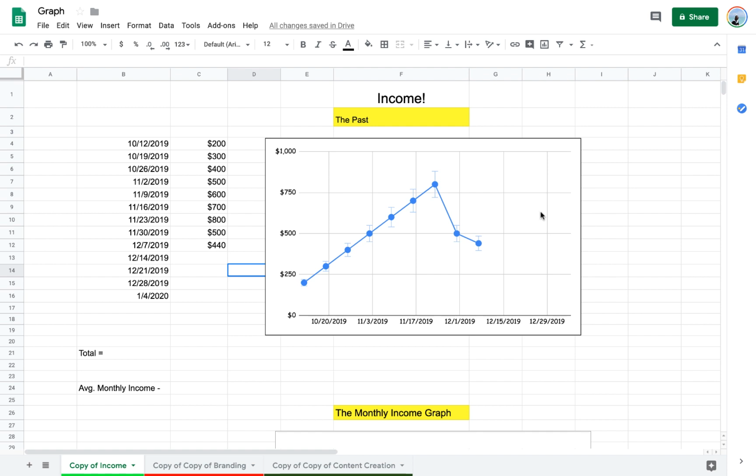Let's say you go from $1,000 to $970. Now, a lot of people are like, oh, you know what? That's okay. That's not that big of a deal. But with a graph, you can pay attention to it and you know that it went down to $970. So you wait another week. The next week, if it goes down to $900, you know you're in freaking trouble, right?